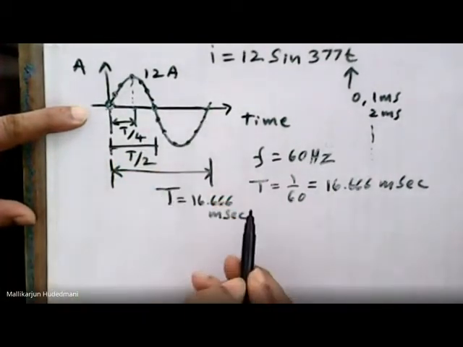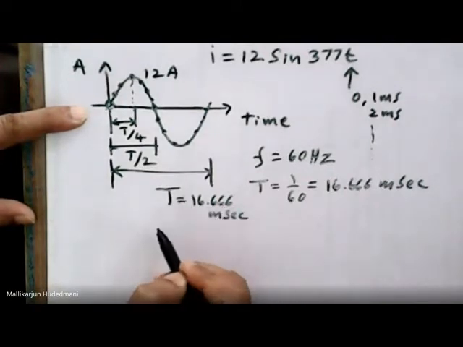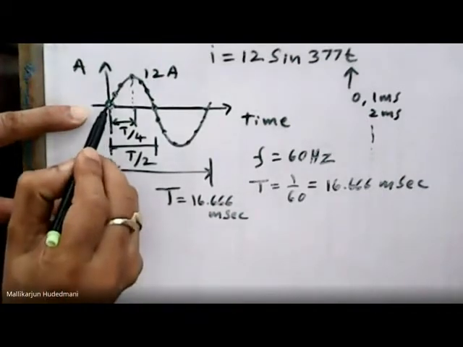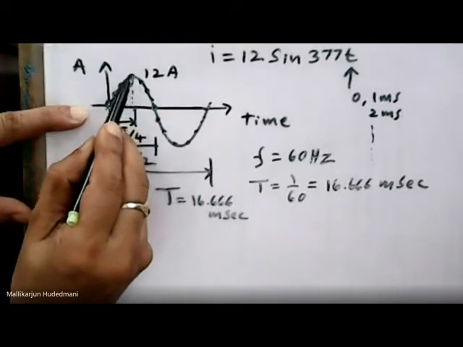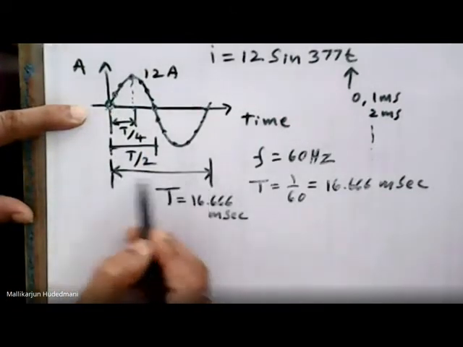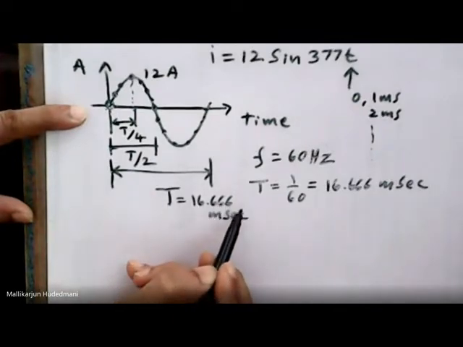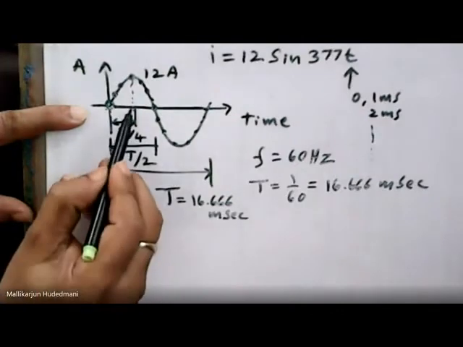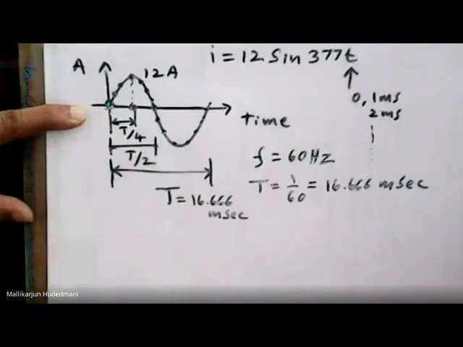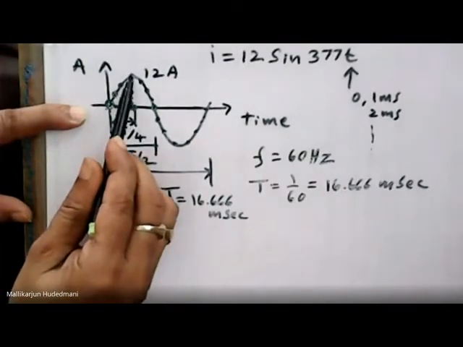Then another standard observation is one cycle time divided by four. That is called 1/4. At 1/4, definitely the wave is going to take its peak position. 1/4 of the cycle time T means 16.666 millisecond divided by 4. If I do that, that is the point over here. That point will make the peak appear on the wave. For any sine wave, 1/4 of its duration means peak positive.